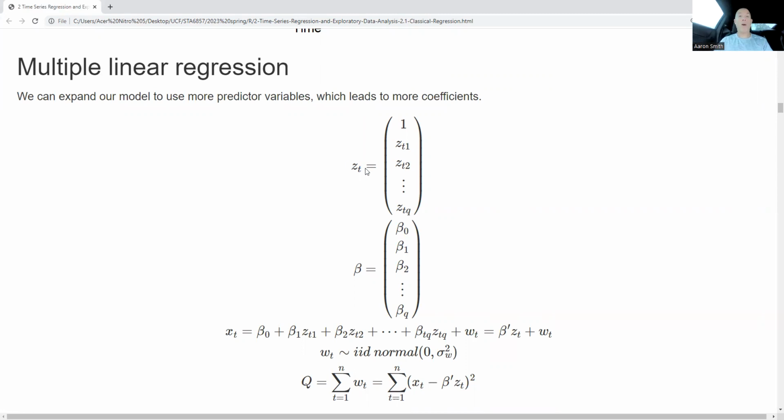Here I'm going to express it to simplify the notation. I'm going to express all of the input variables for a given particular time as a vector, and notice that I'm including a constant on here. Then we're going to have corresponding coefficients, and I'm going to represent all of the coefficients as a vector. Now, the textbook author does not put an arrow on top of vectors. This is common, but you will notice that there is kind of an overlap in the notation. You're going to have to just know from context what the author is talking about as you work through the